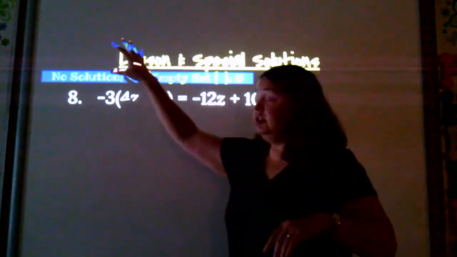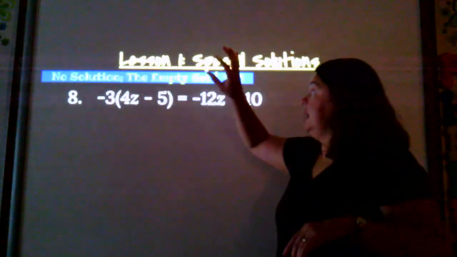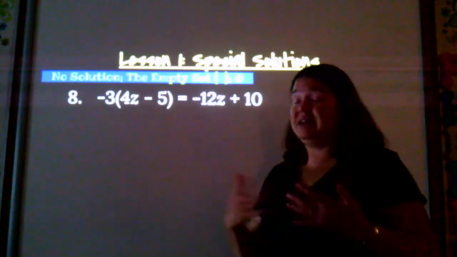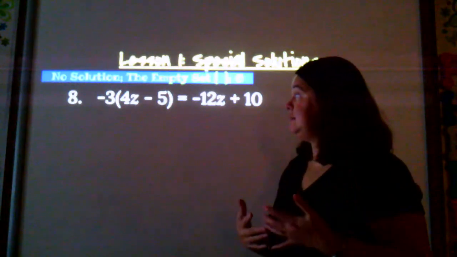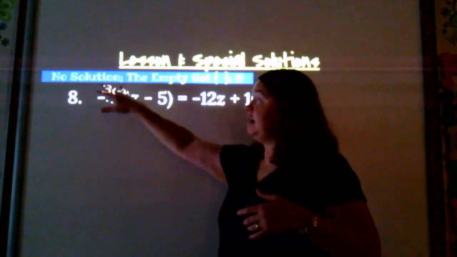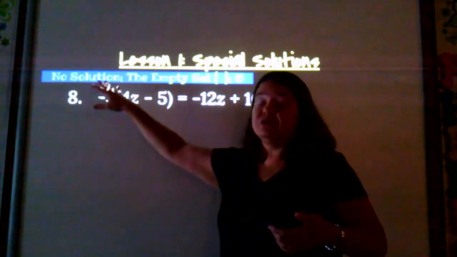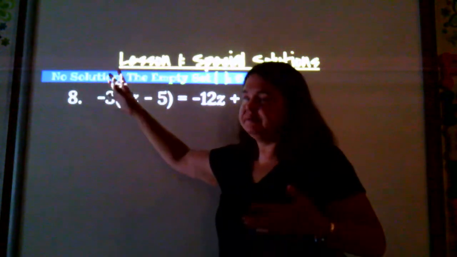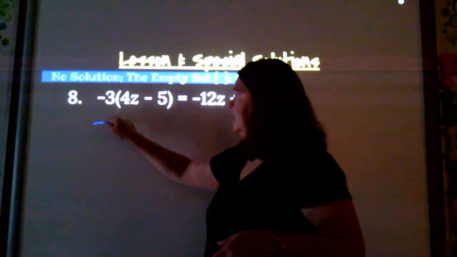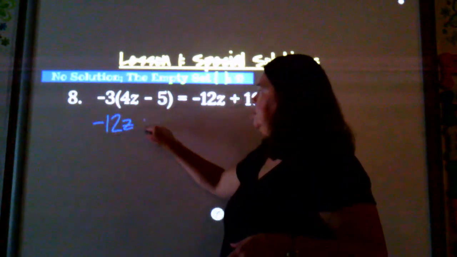I'm going to encourage you to use the words no solution. ACT wants you to know the empty set. So I'm okay if you use the empty set, but really, if you see a multiple choice question on one of my tests or something like that, no solution is going to be there, not the empty set. All right, we're going to distribute on the left-hand side, so I'm going to get negative 12z plus